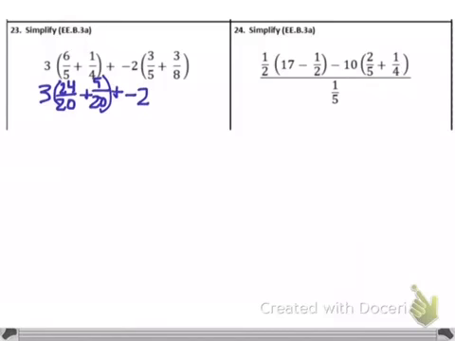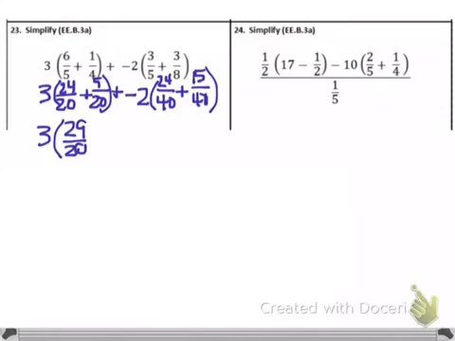then I'm going to go ahead and do the same over here with these. And again, common denominators here, we will have 40, so 24. Now we can take care of what's inside the parentheses. So 24 plus 5 gives me 29. So I'm going to bring the 3 down, and this is going to become 29/20. And then you're adding to it, you have this negative 2 multiplying what's inside the parentheses,